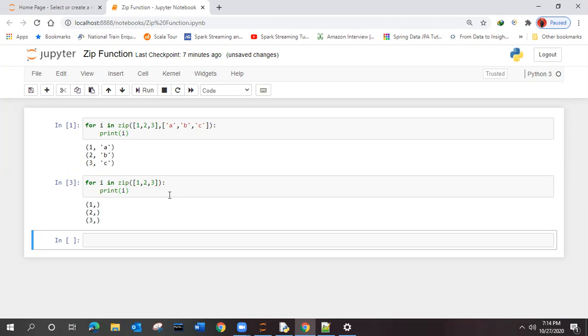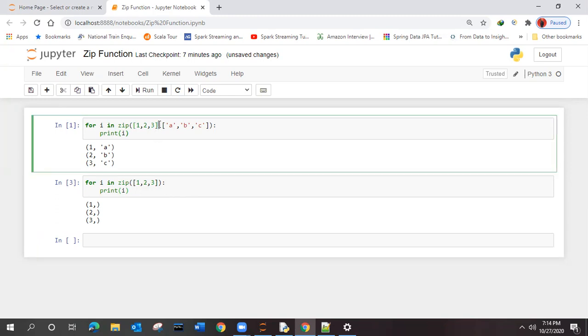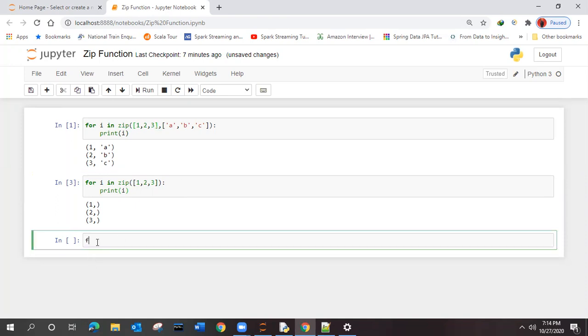It may be possible that it can work with two arguments, as we have seen in the previous example. We can go with more than two as well, right, Vikram? We can try for i in zip function. Inside that, suppose I have taken the list itself, and another one also we will take.